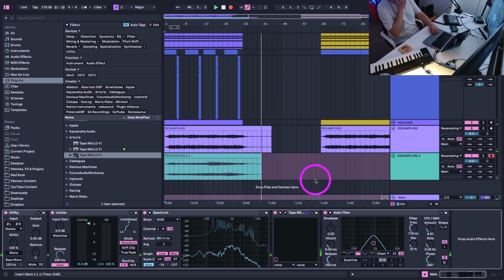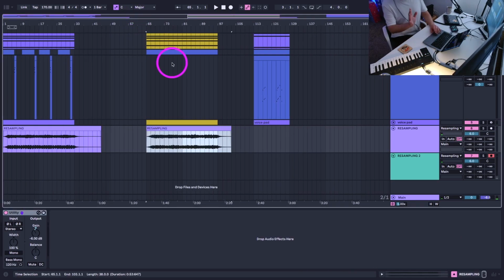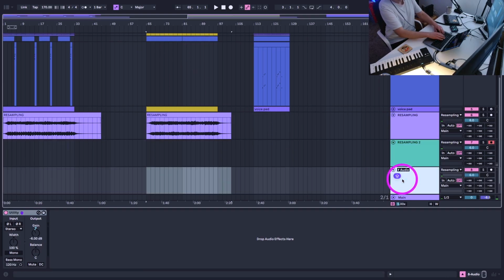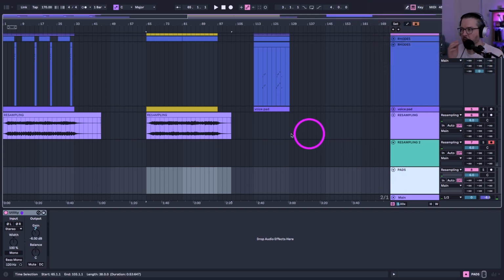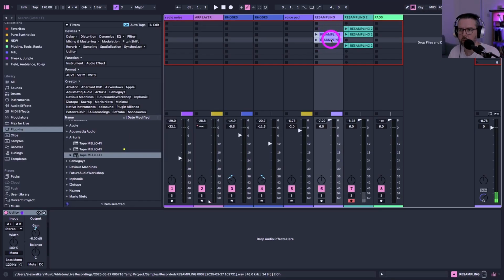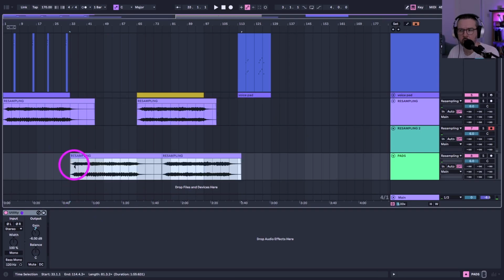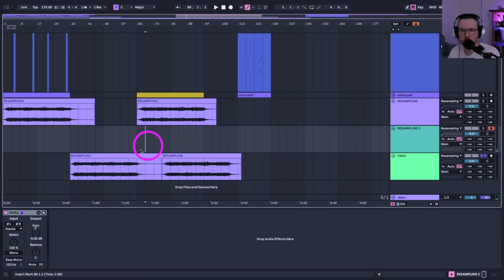Yeah, nice. I think at this point, this is a bit of a boring bit, but I am going to do it, which is that we go here, pads, because we need to get these out, right? These are no use to us if they're going to remain in this project. Well, yeah, solo this.